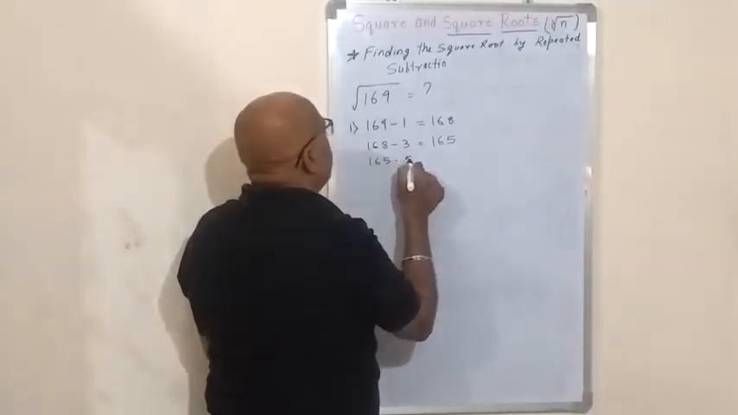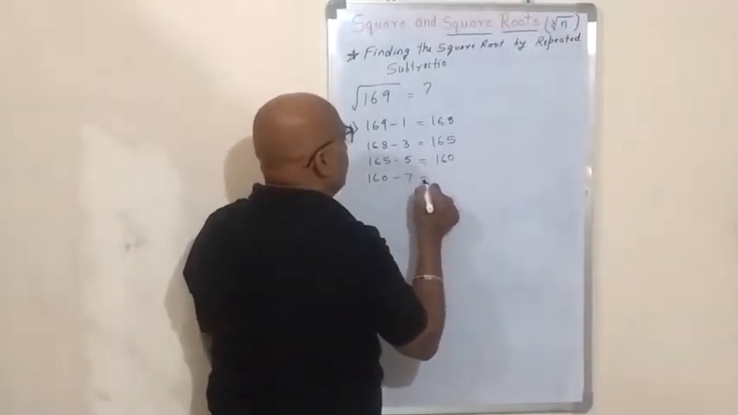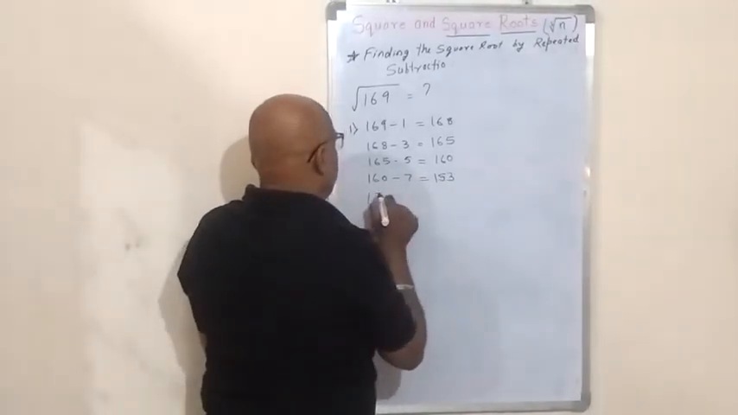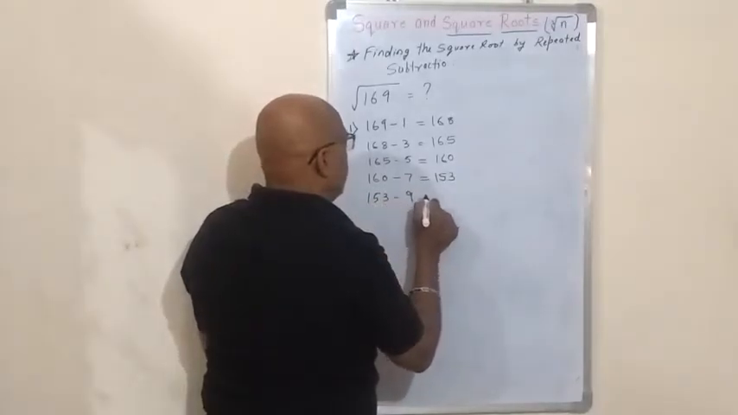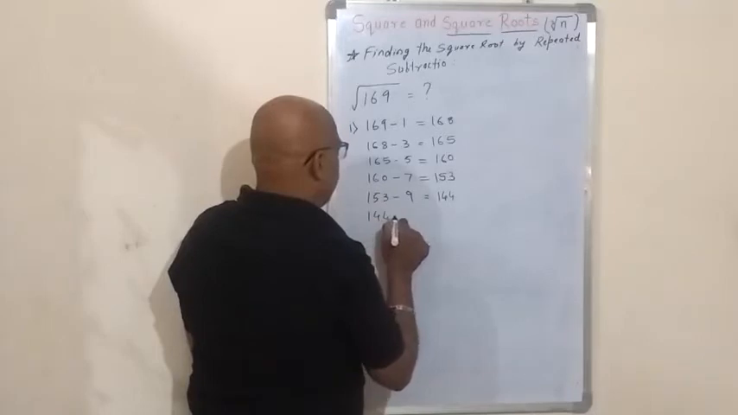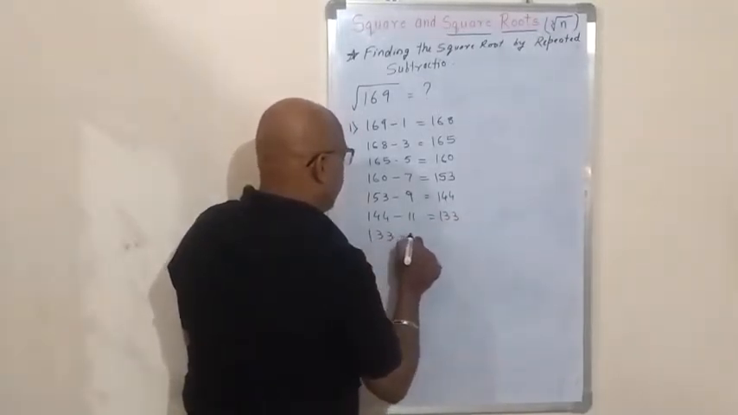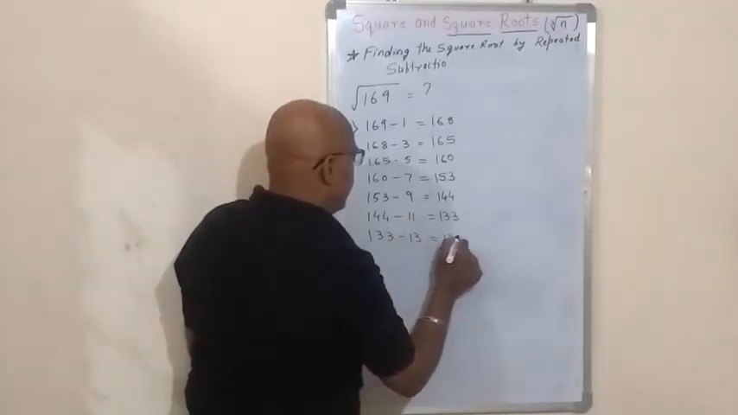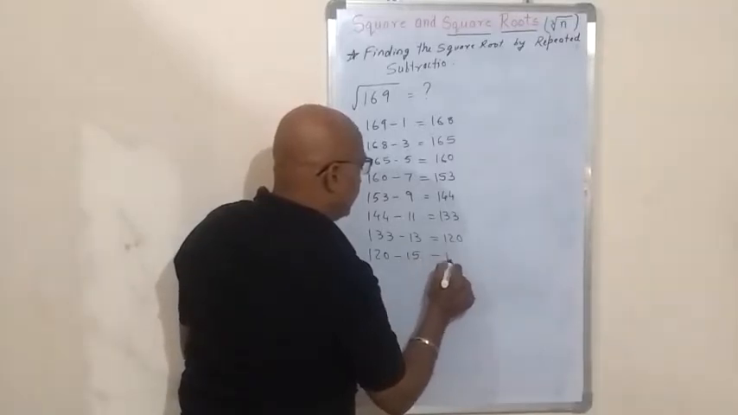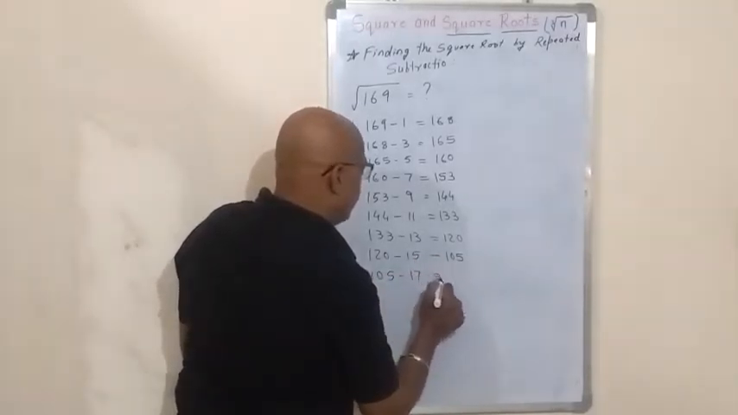165 minus 5 is 160. 160 minus 7 is equal to 153. 153 minus 9 gives you 144. 144 minus 11 gives 133. 133 minus 13 gives you 120. 120 minus 15 gives you 105. 105 minus 17 gives you